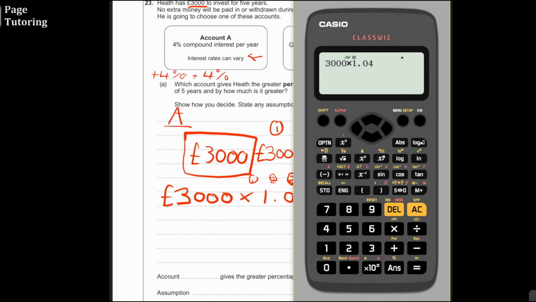And then when you're doing a power that's not 2 or 3, because 2 and 3 have their own buttons here, you see my little cursor moving. To the right is X with a box in the top right. And if you click that, it lets you put in whatever number you want to put in as your power. So we're doing the power of 5. So we get